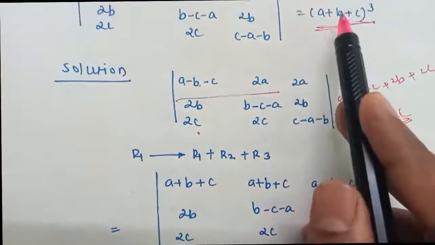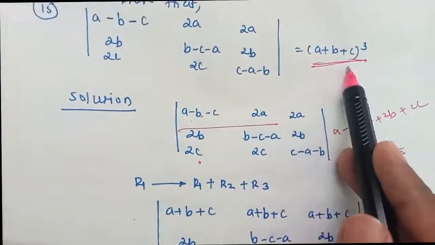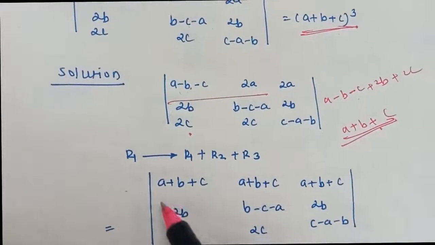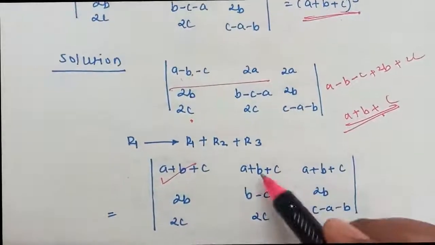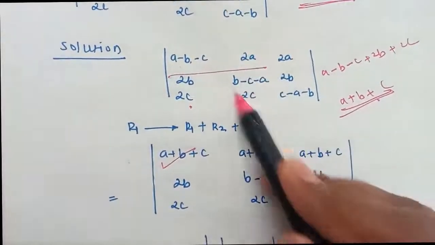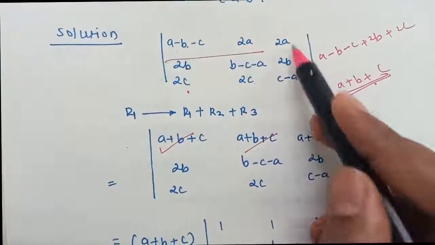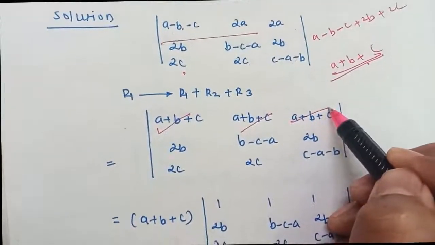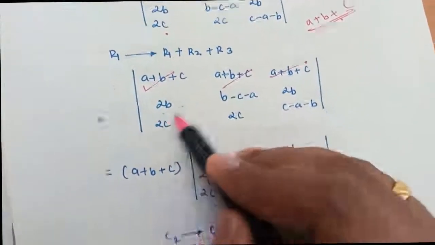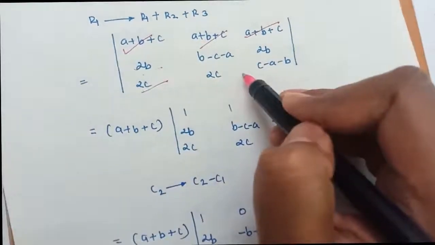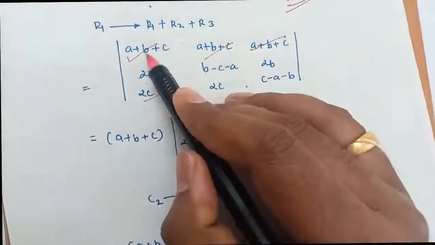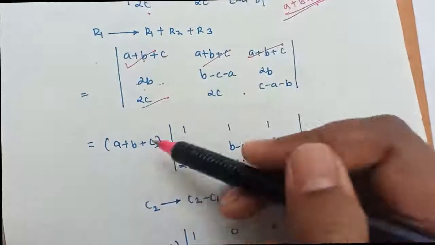That's only, I want it because I want a plus b plus c here. So if I do it, I will get the first as a plus b plus c. Next also, after adding the three elements of the row, I will get a plus b plus c. Even after adding this, I will get a plus b plus c. And since I'm not doing anything to r2 and r3, write them down as they are. So no need to tell what to do in the next step. Next is just take the a plus b plus c out of the determinant.